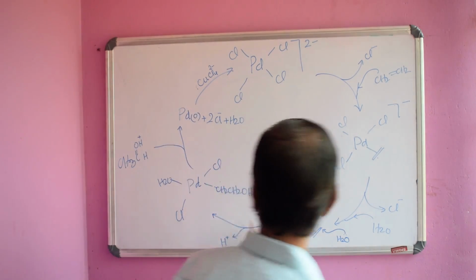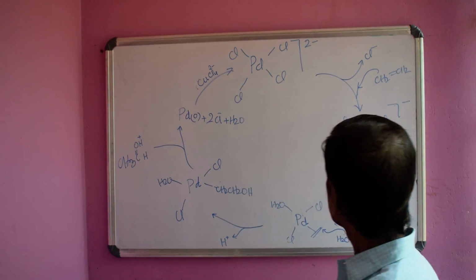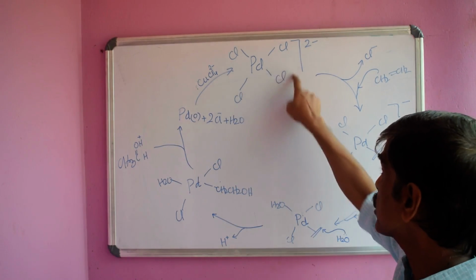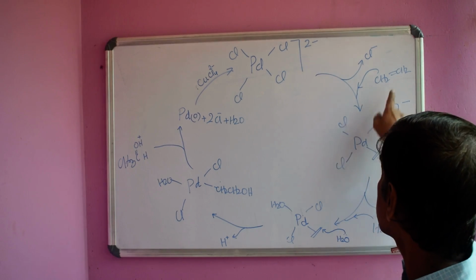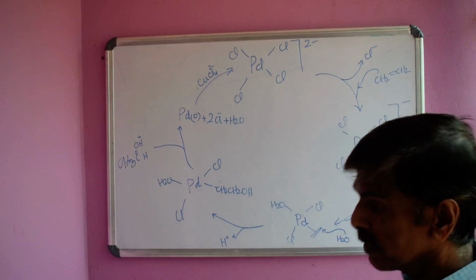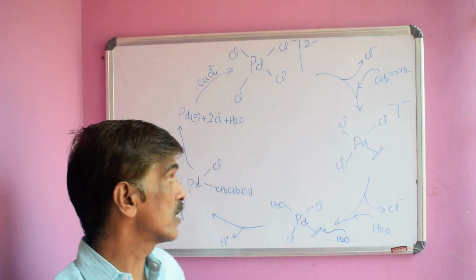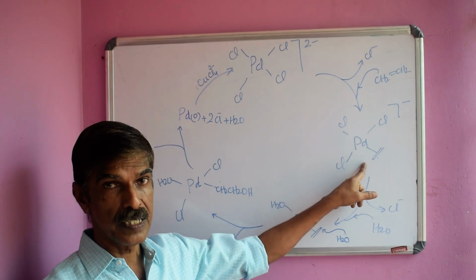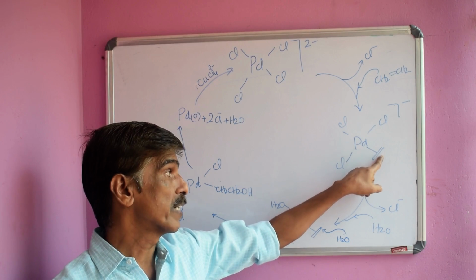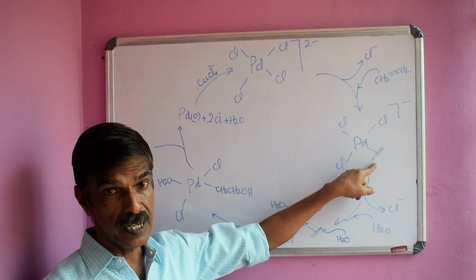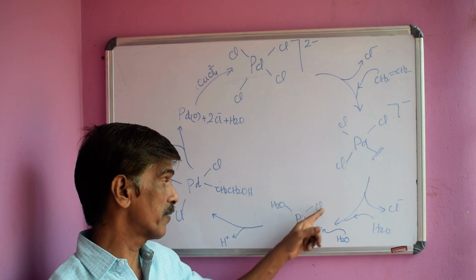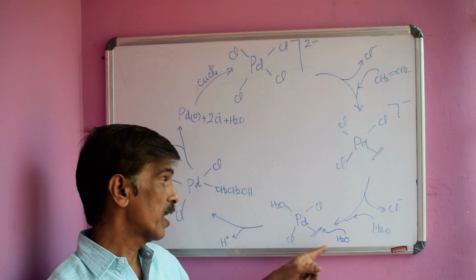You can see that for the reaction, this PdCl4 2 minus loses 1 chloride and attaches the ethene and gets converted. We can see that it is converted into this complex. That is, the position of one of the chloride ligands is taken up by the ethene molecule, and in the next stage another chloride is substituted by a water molecule and we get this trans isomer actually, and this isomer